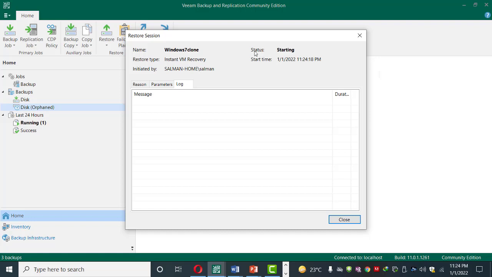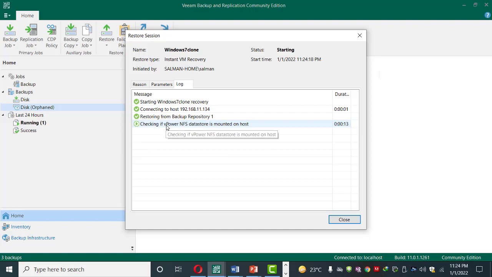The status is starting, with start time and recovery type. The recovery type is instant VM recovery and initiated by me. My name is Salman, so this is my computer name, Salman Home, and as you can see the process has started now. It will take 1 second for connecting the host and 8 seconds to start the VM vPower